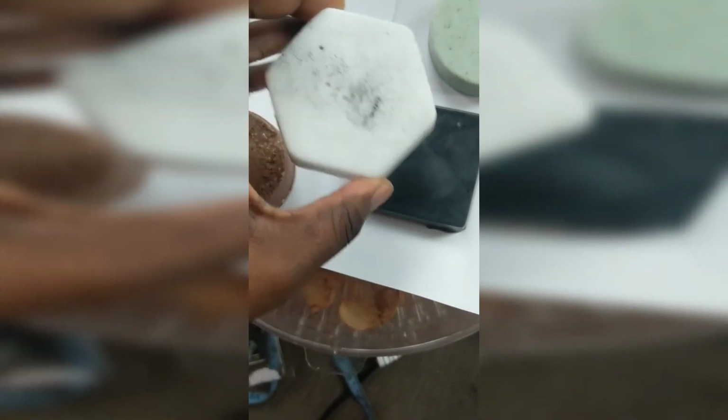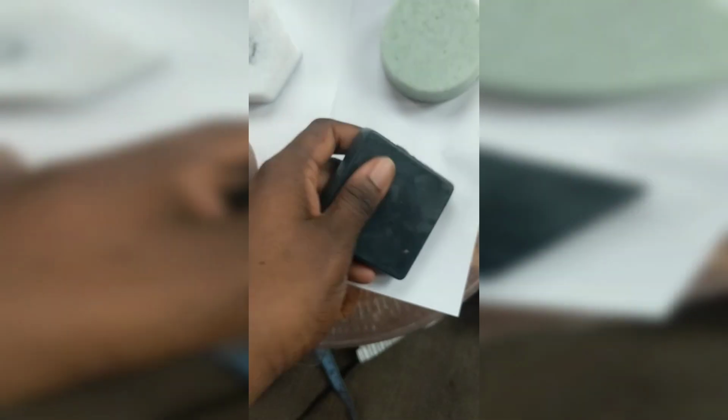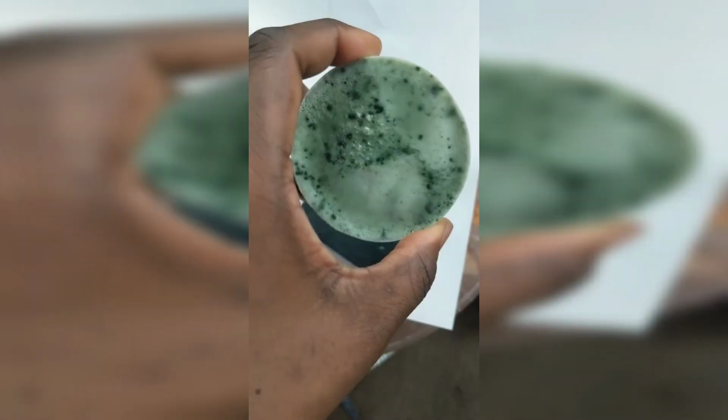I have my vanilla bean soap with a little bit of charcoal. We have my charcoal soap, and of course we have my mint soap, and these are all seasonal with spirulina in